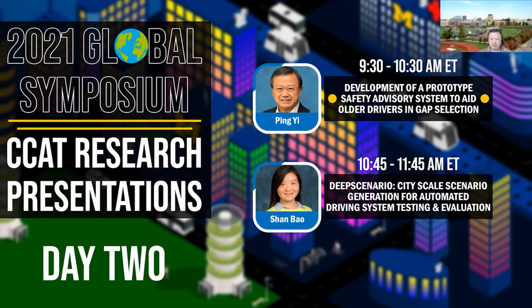So it's the same kind of logic, because there's a liability issue. If you tell them it's safe to go, and they run into an accident, then they will sue us for sure. It's the same thing for this warning system. We just warn the driver it's unsafe to go.